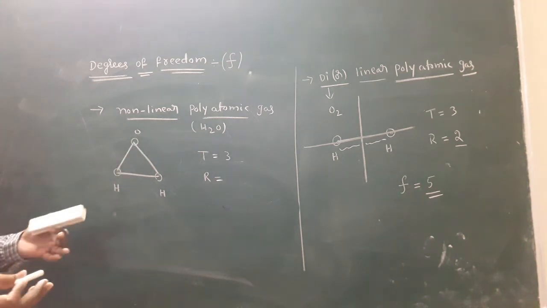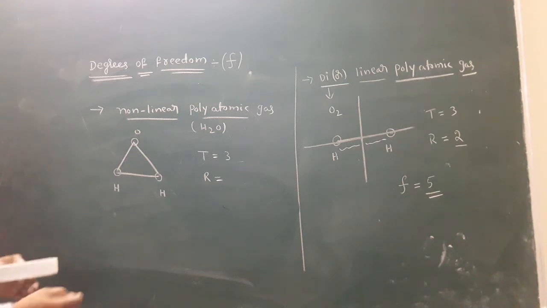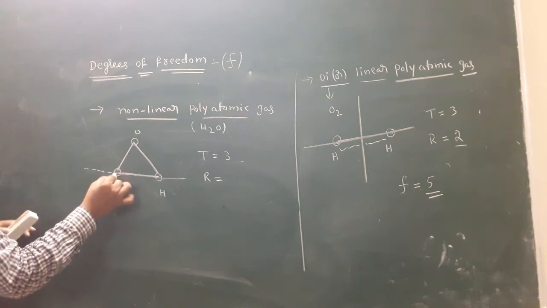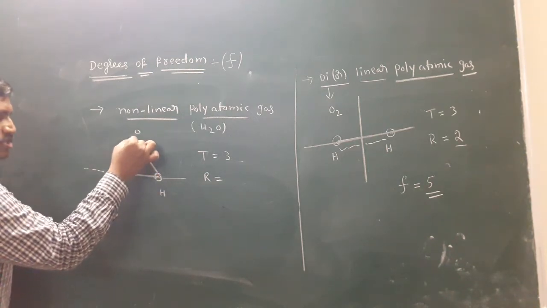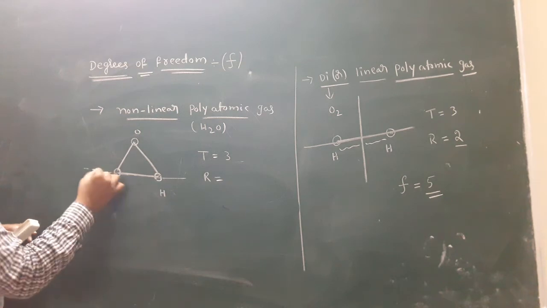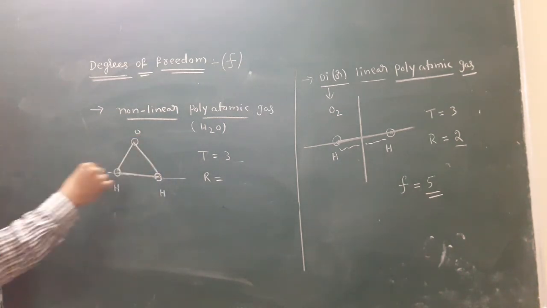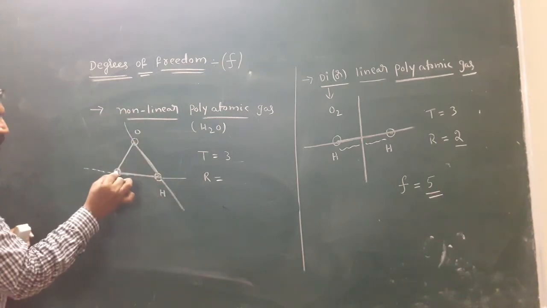What is K? It is the distance from the center of mass of the body to the axis. Suppose I take this axis, this I1, this I2 is 0, but I3 is present. The moment of inertia of the system is I1 plus I2 plus I3. Here I1, I2 are 0, I3 is present. For example, I take this axis, this is present.